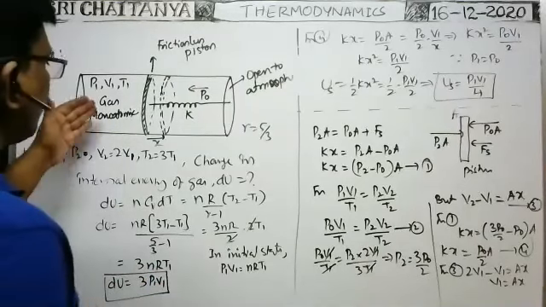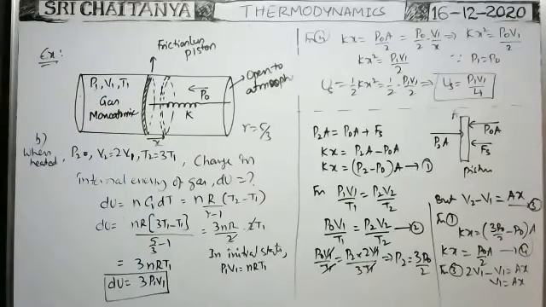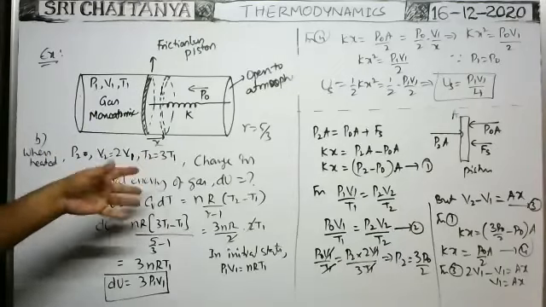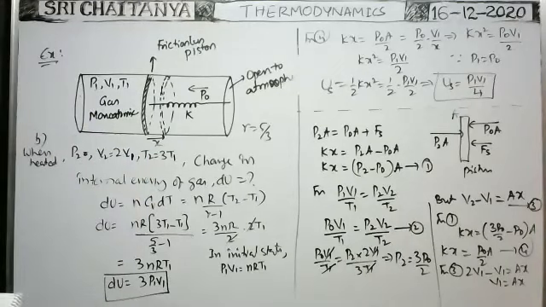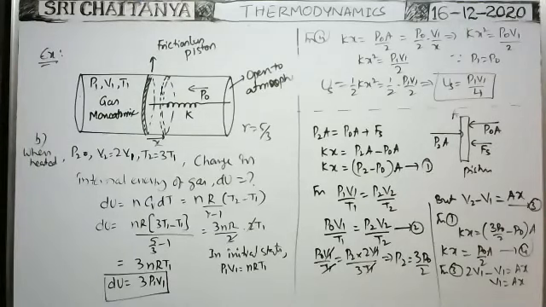That is the change in internal energy of the gas whenever heat is supplied so that the volume becomes double and the temperature becomes triple. Next, whenever the gas is heated, so that its volume becomes double and temperature becomes triple, what is the work done? What is the work done by the gas?